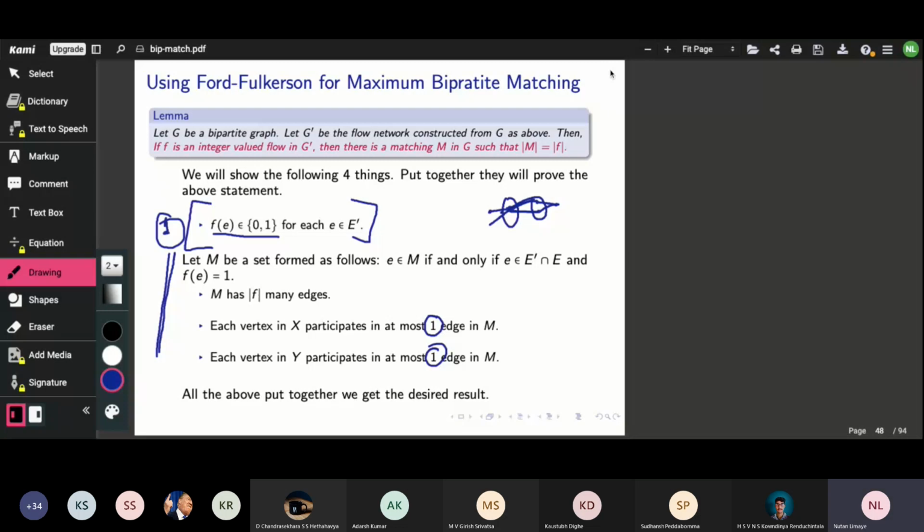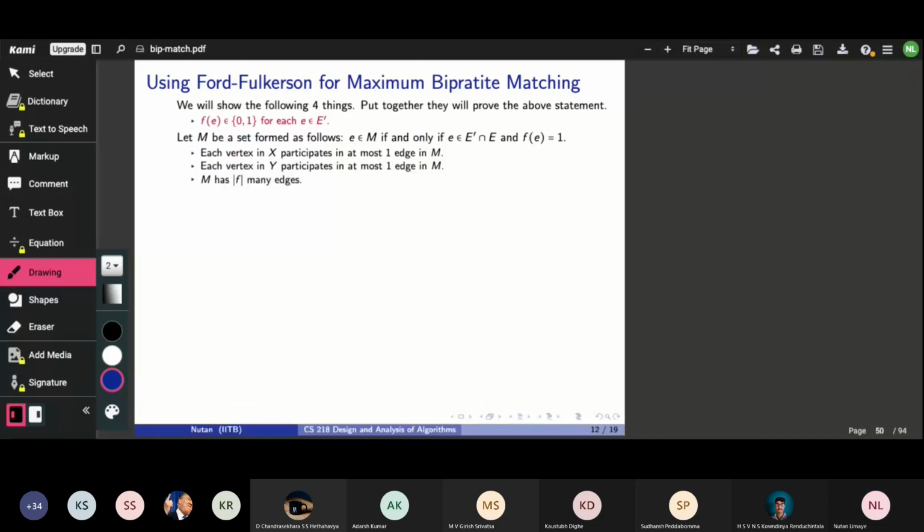Okay, so let's go through these statements. Now, the way I've broken it down, each statement is quite straightforward, and it comes out as a direct application of Max-Flow Min-Cut rather than appealing to the previous applications we have seen. Okay, so that's the point. But here the purpose is also to go over the points that we have seen before and do a revision of what we have seen.